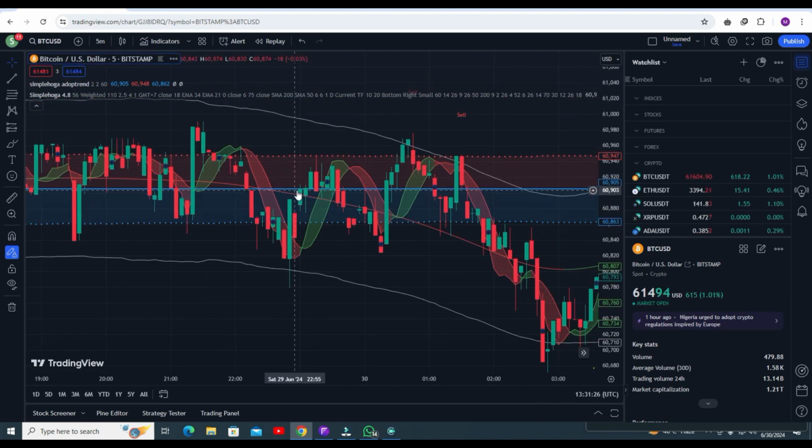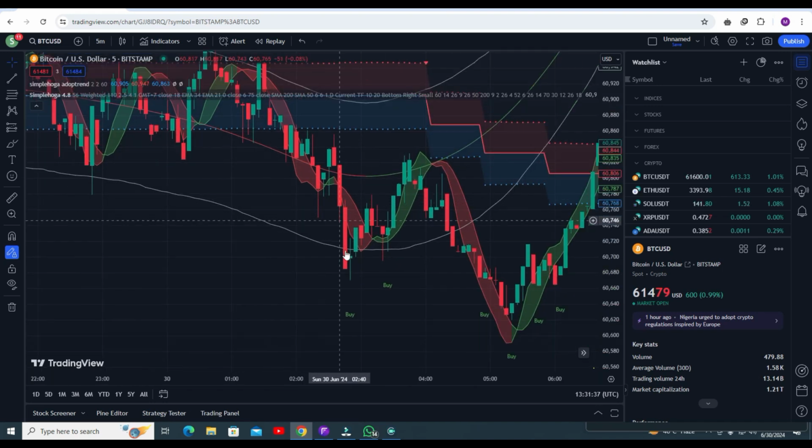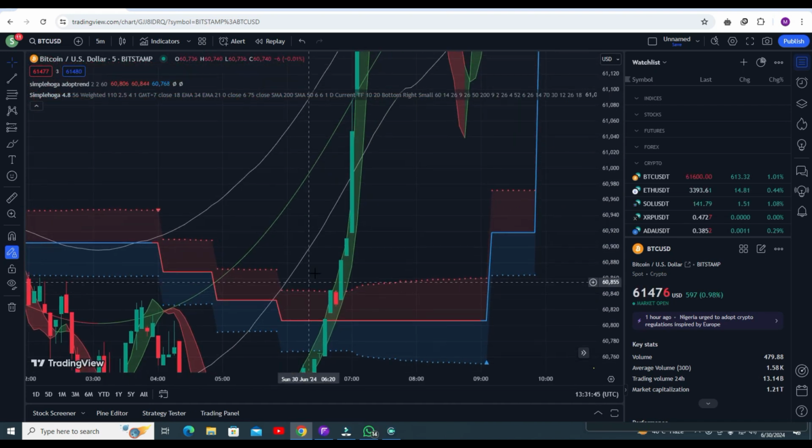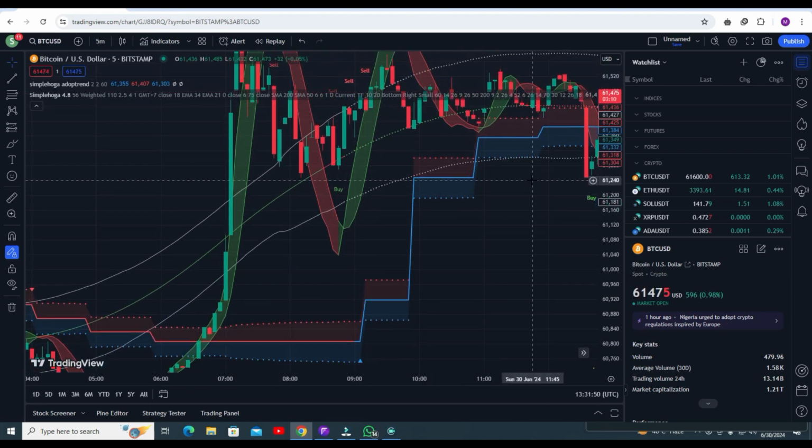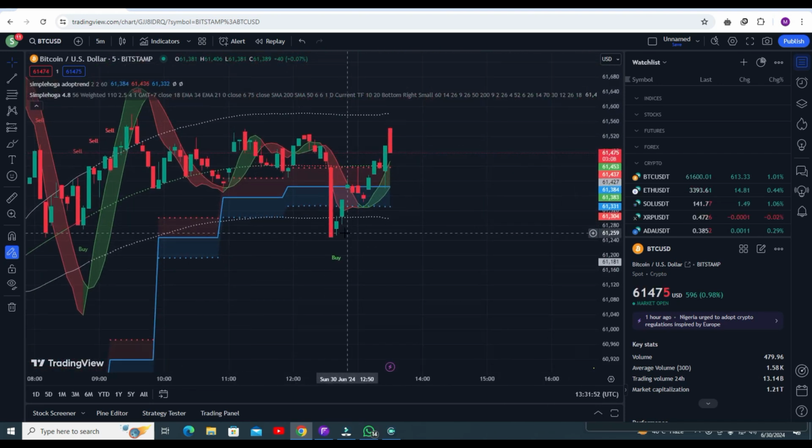Let me show. You can see the trend line is above the upper middle band line, so you have to go for the sell trade. You can see you got the sell signal and you got awesome profit. Now the adaptive line comes below the middle line, you have to go for the buy trade. You can see you got the buy trade and you are getting some awesome profit. You have to follow this buy signal, and you will definitely get awesome profit.